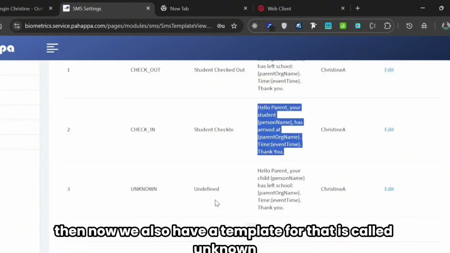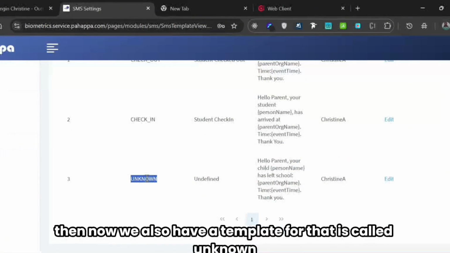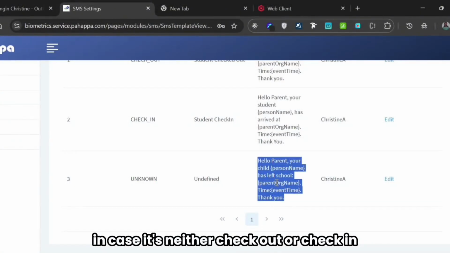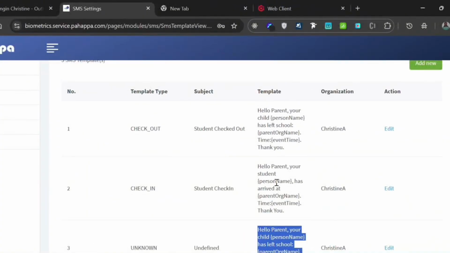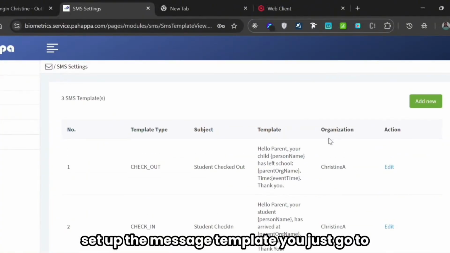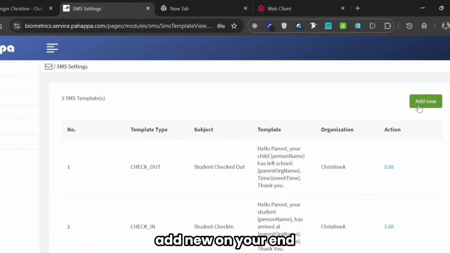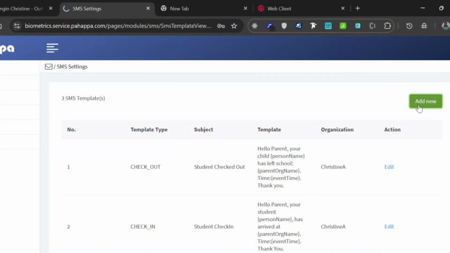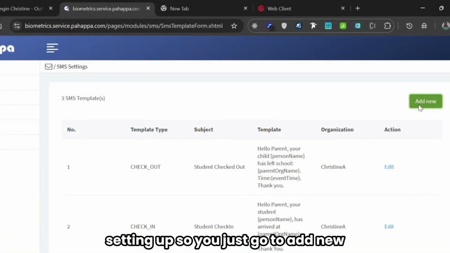Then we also have a template that is called unknown. This is a message that is sent out in case it is neither checkout nor check-in. So to set up the message template, you just go to add new. On your end, this will be empty since it's the first time that you're setting up. So you just go to add new,